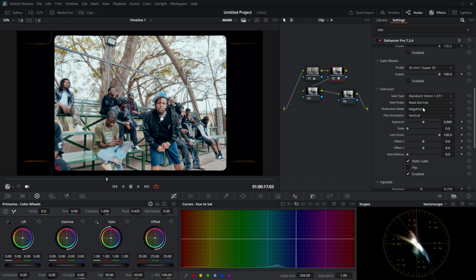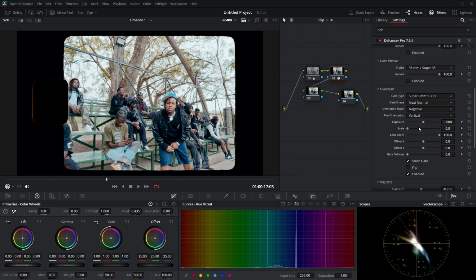Okay, you can choose like this one. Yes, this is super 8mm. Here, guys, you can just increase the exposure of it, you see what is happening. And then about the types of each overlay, you can choose any kind, you see guys, you can choose this net sharp, or you can use this still round. Okay, you see what is happening. And then here you can choose this positive